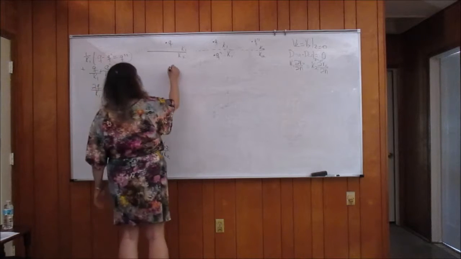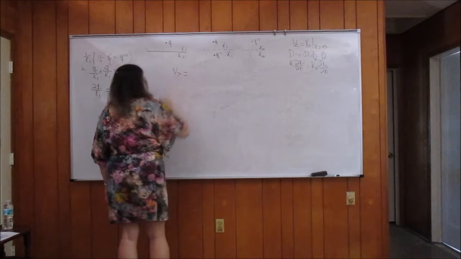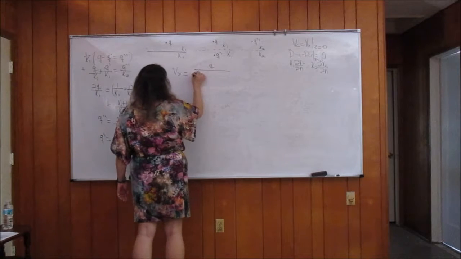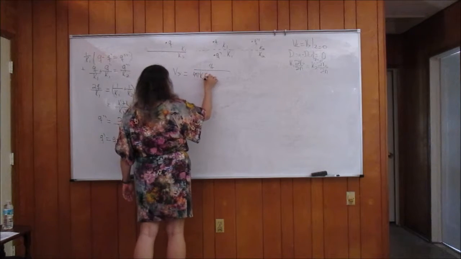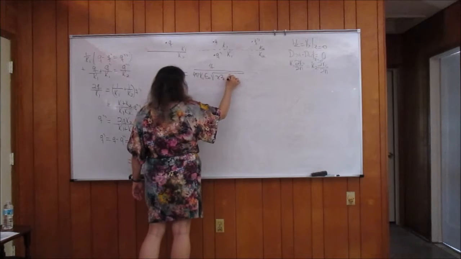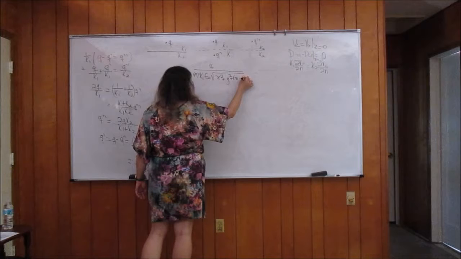And therefore, I can write my solution out above the interface. The potential is equal to q over 4 pi k1 epsilon naught square root of x squared plus y squared plus z minus d squared